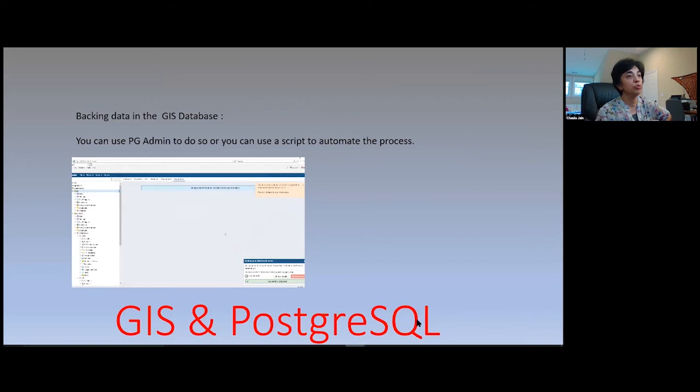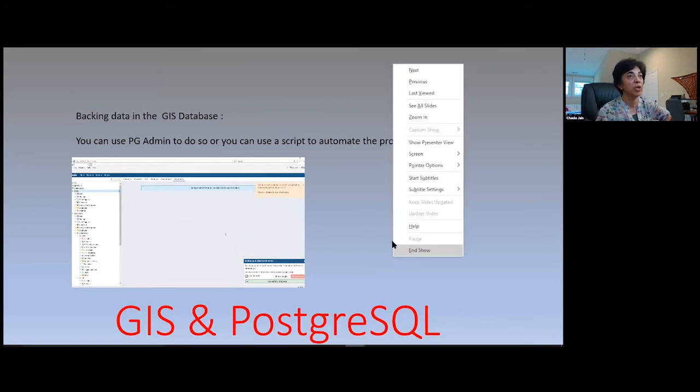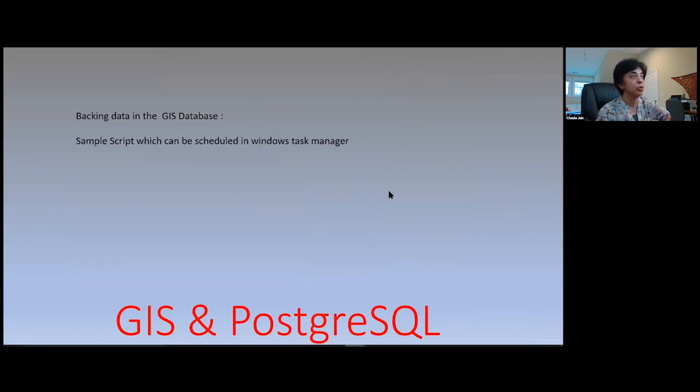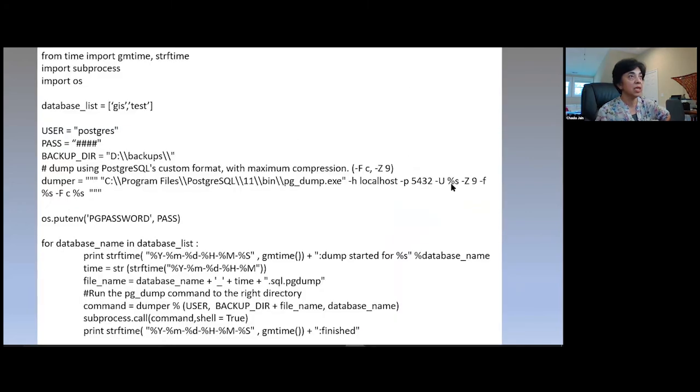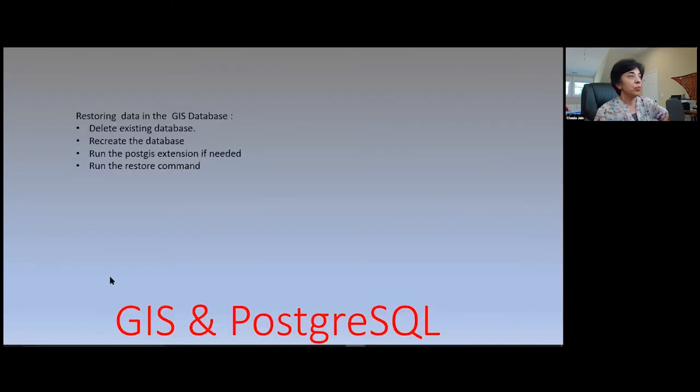You could also use an automated script. I'll send this all to you. This is like a Python script which can be scheduled through Task Manager. So you can back up different databases like this. So you could back up your GIS and test or whatever database you created. Next is restoring this data. Now,